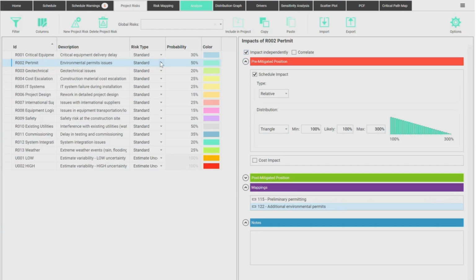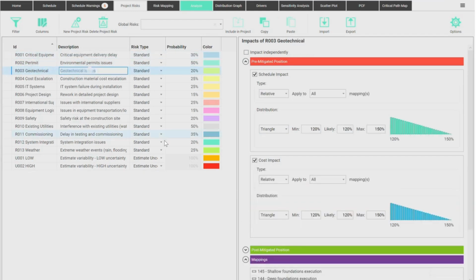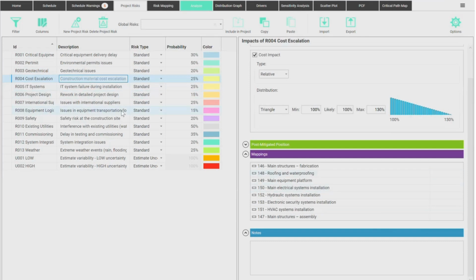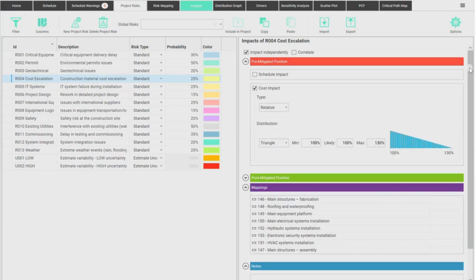So we have the option to make risks that affect many things, such as, let me see one that affects many tasks, like this one. Construction material cost escalation. If there's cost escalation, maybe I'm considering that this is exchange rate. If it costs more, it affects everyone. Or I'm talking about specific industries or specific cost escalation. Maybe these things are coming from different countries. So you can apply the risks either to all of the tasks simultaneously or independently.